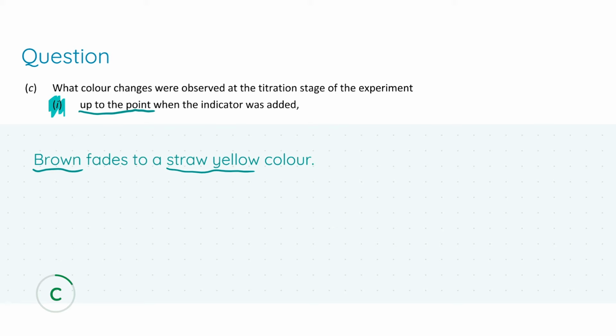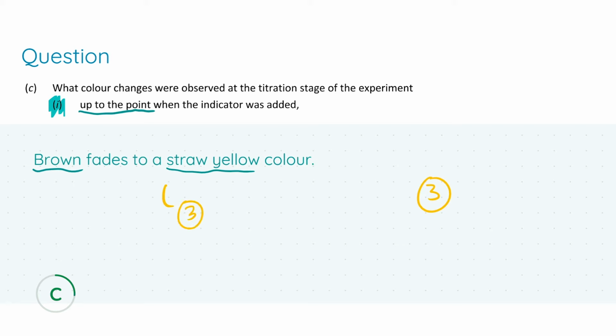So in this case, it is a brown or kind of dark red or orange color that is going to fade into this kind of paler yellowish color. In this case, I used the word straw, but yellow or pale yellow is perfectly acceptable. There were 3 marks going for this question, and you got your 3 marks for correctly including just the colour